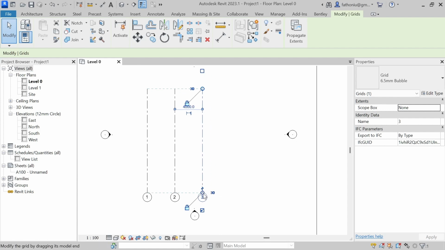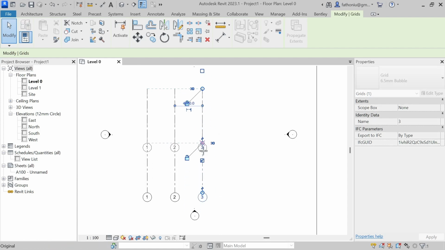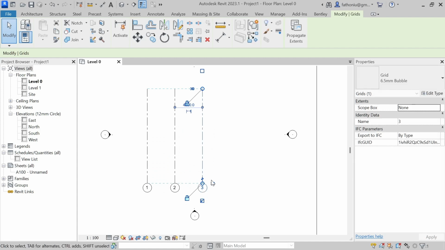So when you click this, you can bring it up and down. Okay, and then all together it will be dragged. So if you want to modify only this, only grid number 3, you unlock it and then click this small circle here and then bring it down or up like that. Okay,